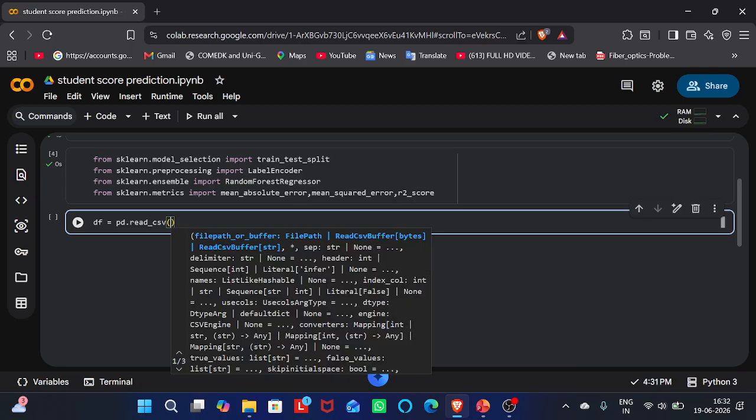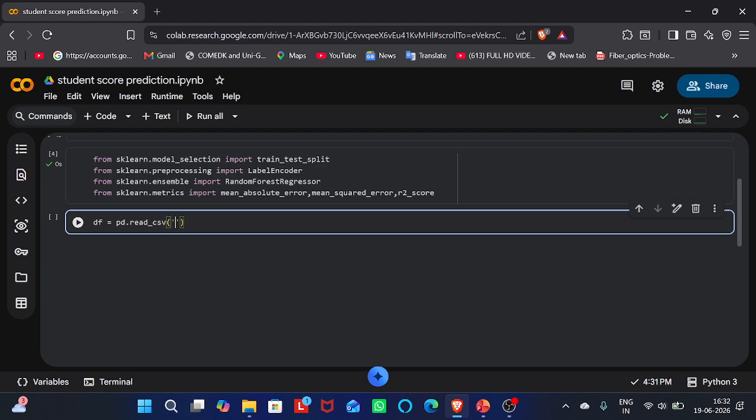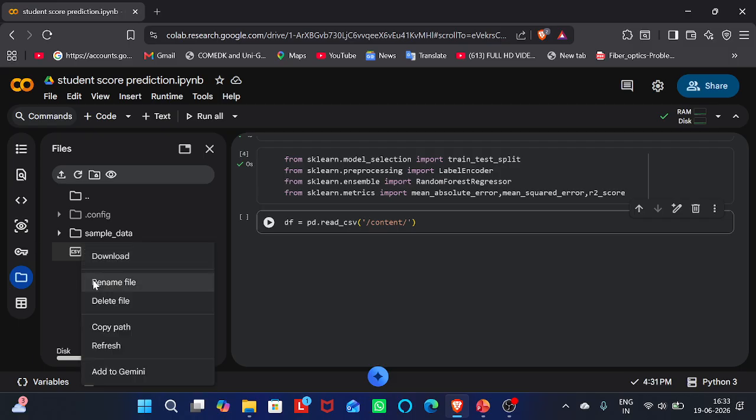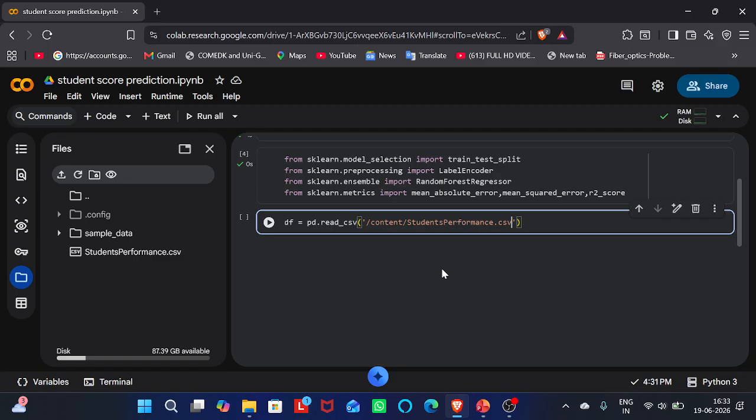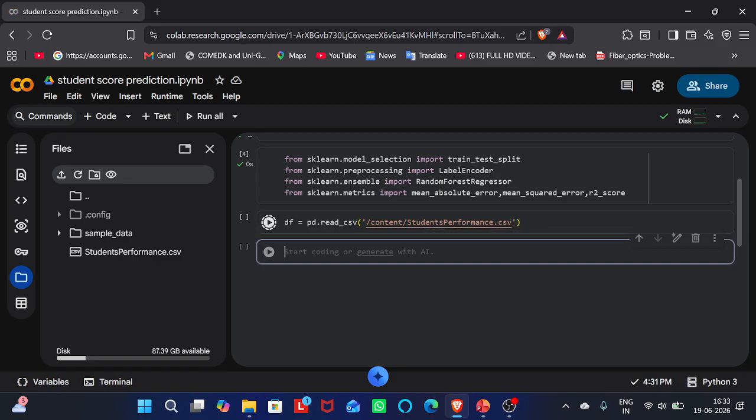अपना csv फाइल का लोकेशन दे देंगे। ठीक है, तो we will write like slash student performance dot csv। हम लोग यहाँ से नाम कॉपी कर लेते हैं, कंट्रोल सी, कंट्रोल वी। ठीक है, so just run this. So अभी ये हमारा डेटा, पांडास जो है वो हमारा डेटा फ्रेम को रीड कर पा रहा है। ठीक है, अब ये रीड कर रहा है तो अब हम लोग क्या करेंगे